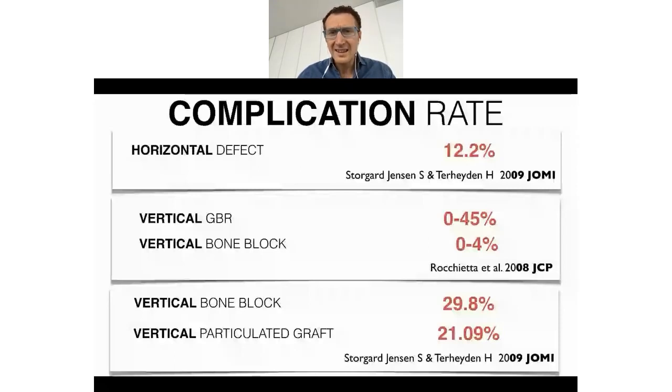Also because the risk of complication described in the literature is quite high, which renders this case basically unpredictable from such a point of view. And obviously, anytime we have a complication, we have more costs, and so we don't want to have complications. We want to have predictable